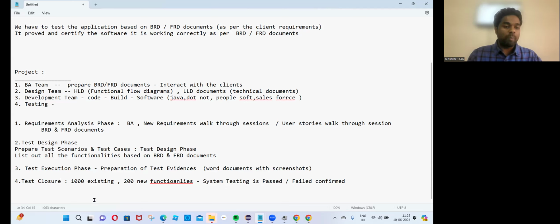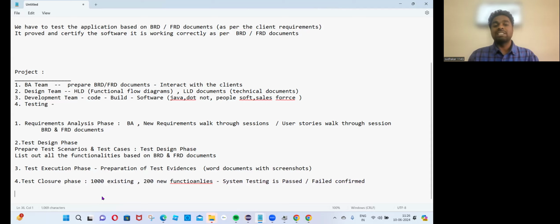So the test closure phase means how many test cases got passed and how many failed, how many defects there are, and what their impact is. Suppose only 10 failed, are they critical issues or only minor issues? That overall picture will be given by the testing team. During the test closure phase, a document called the test completion certificate